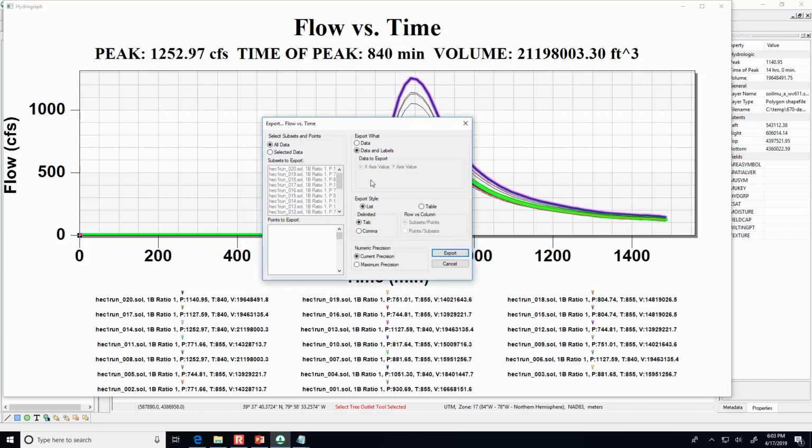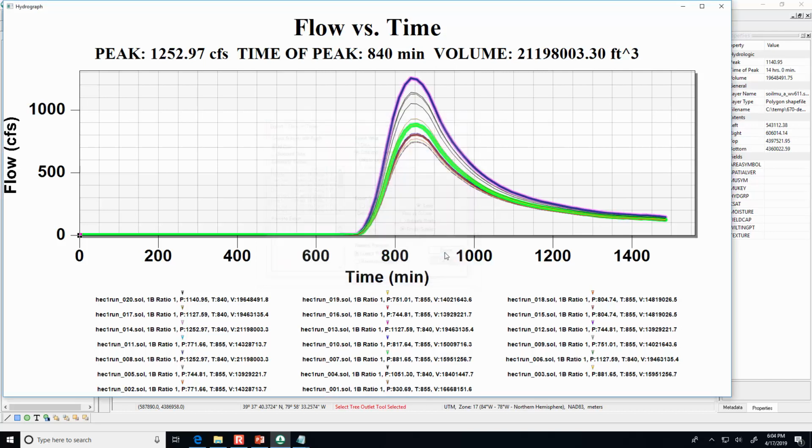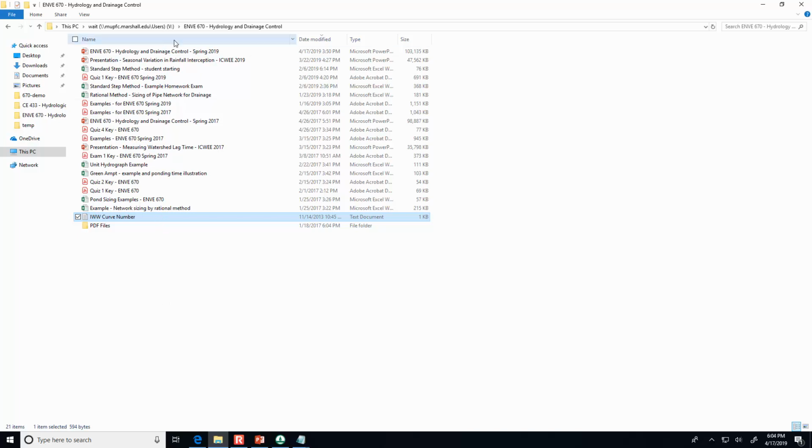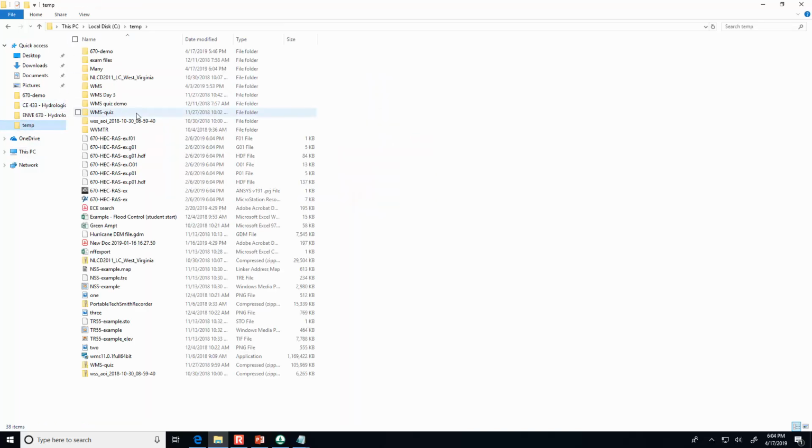Export, and then the one last thing to change is the export style. Instead of list, change it to table, and then points/subsets. Export.